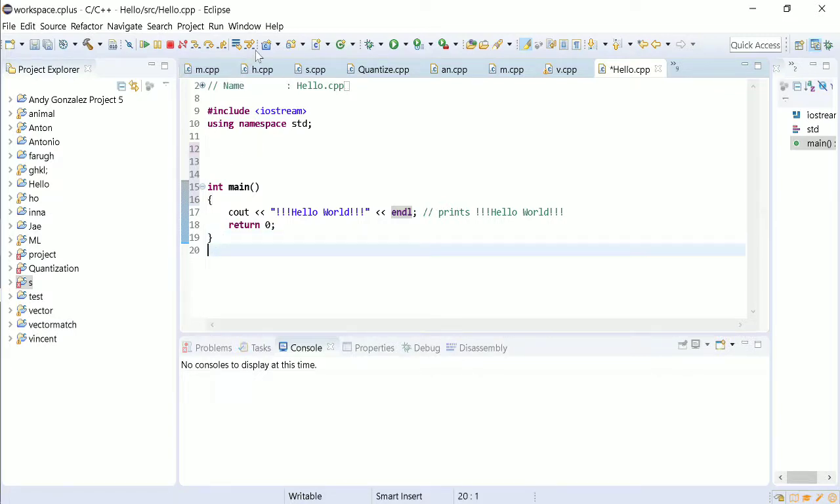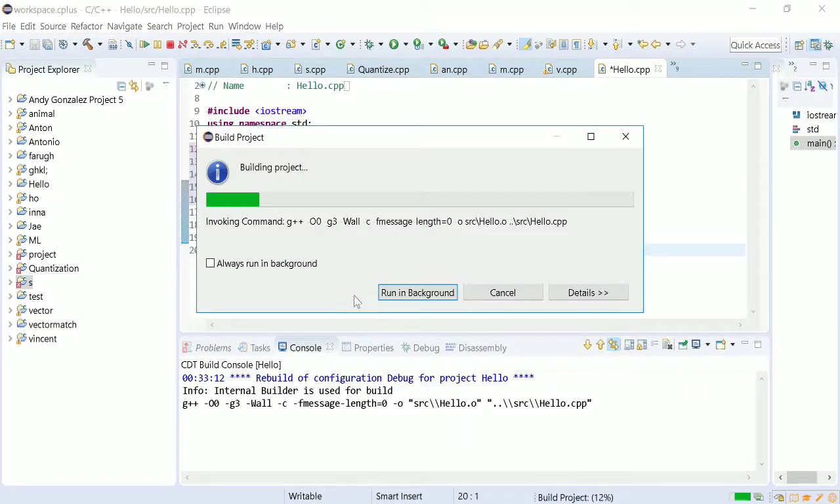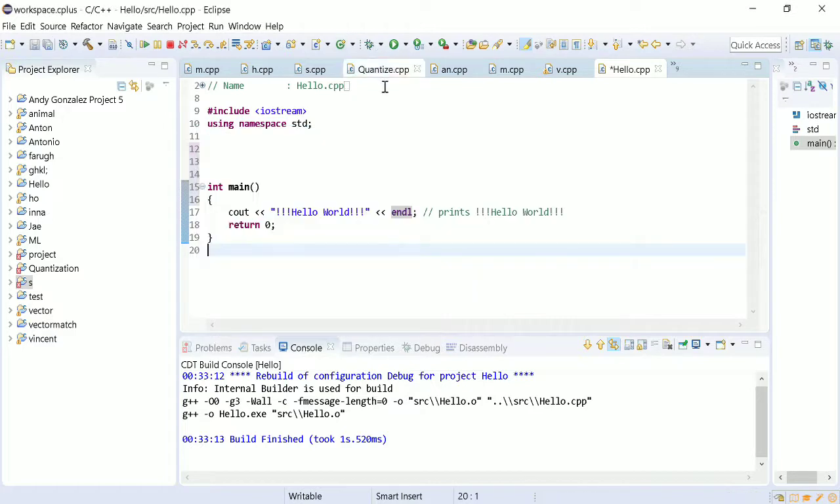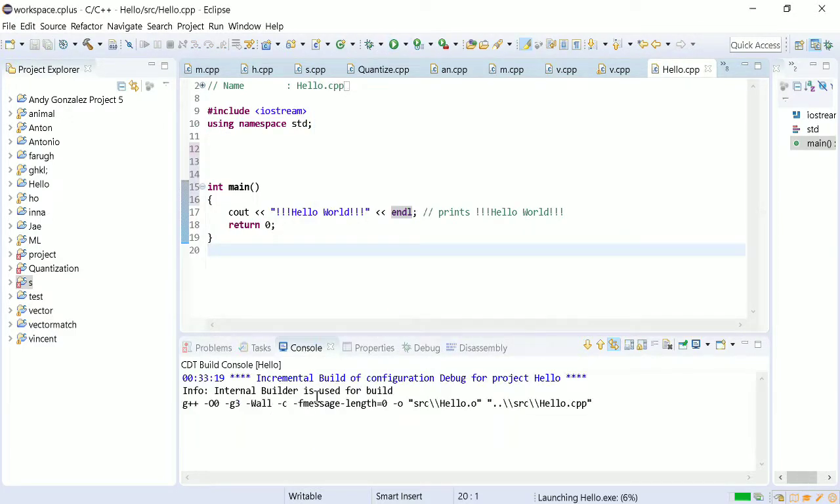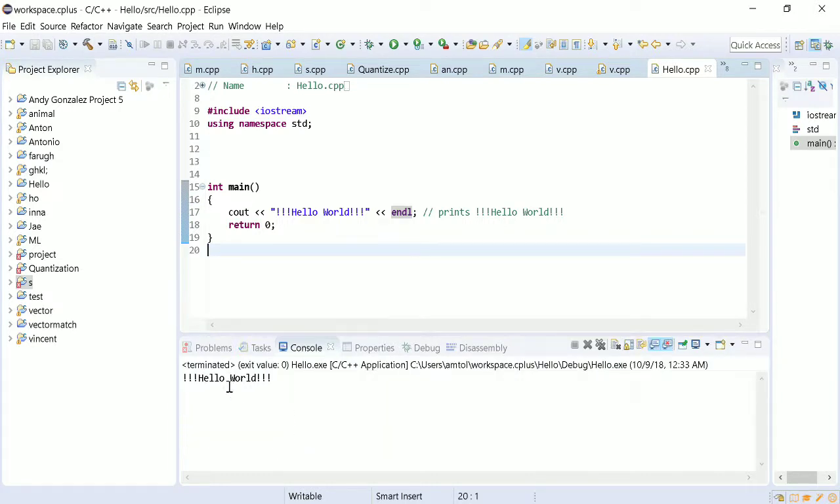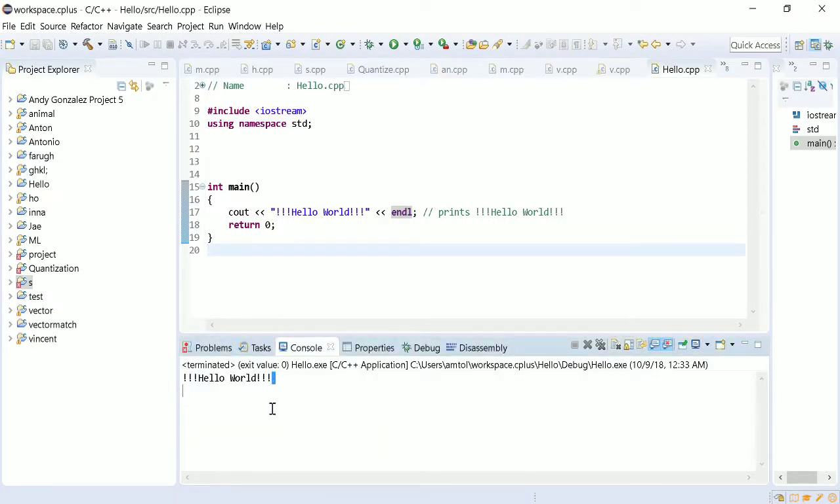Now let's run it. Before running this, we need to build it. Click on the hammer icon to build this program, and then click on run. When you click on run, you will see that this program runs, and this is the result. Hello world. Okay, now